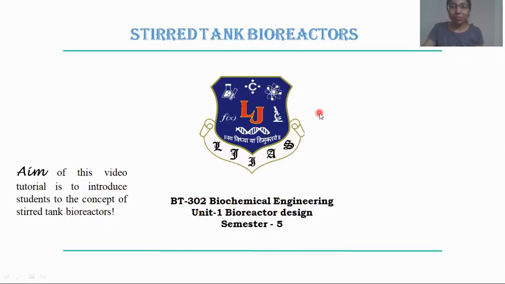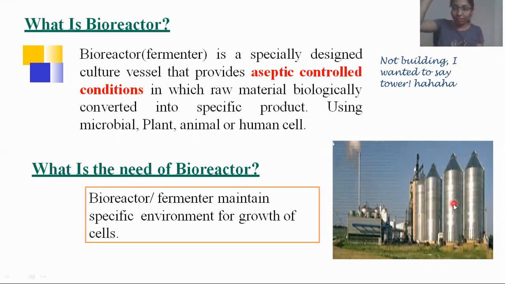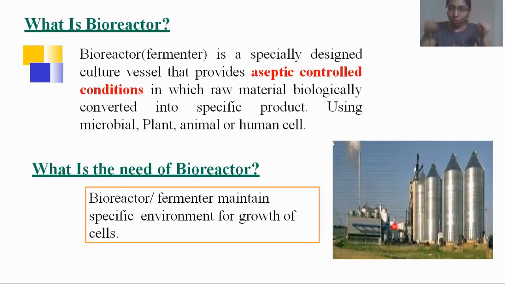So let's get started. Now, before explaining the stirred tank bioreactor, which is one of the types of bioreactors out of many, let's understand what a bioreactor is. Now, you can see in this figure big building-like reactors. You have seen them during an industrial visit or while on some journey, right? So these long, building-like dome shapes are the bioreactors. Okay. So now, what actually is their purpose?